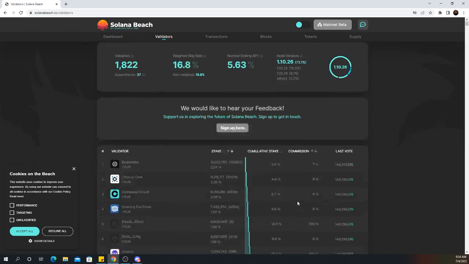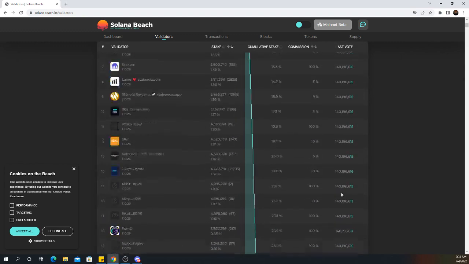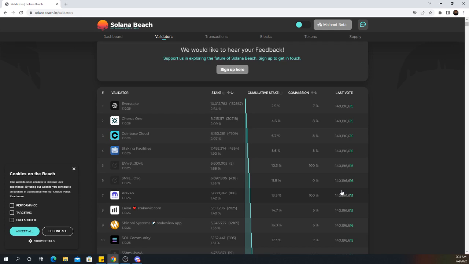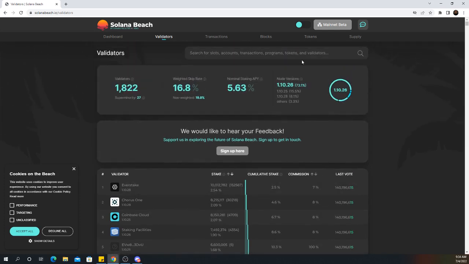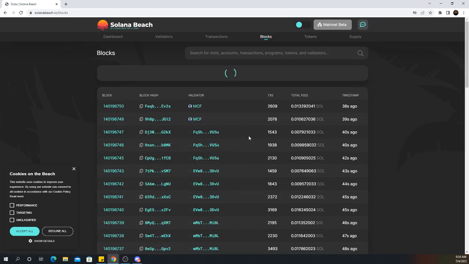You'll see also that these votes will continue going, and essentially whatever the last vote is the agreed upon block, if you will. We can look here at the blocks, and you'll see these are the different blocks that are getting sent out, and the hash associated with that. There's a certain number of transactions that take place in each block, and you'll see that count listed here. You'll note that these numbers are not terribly high, right? We're talking about 2,000 transactions in this block, 1,500 in this block.